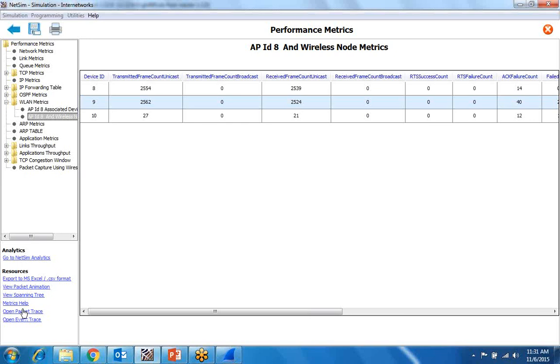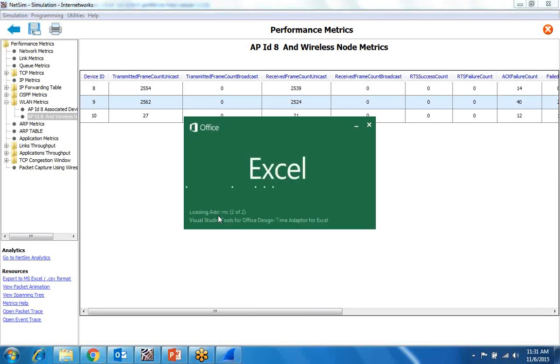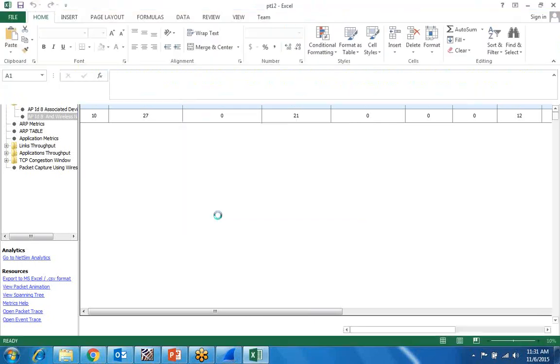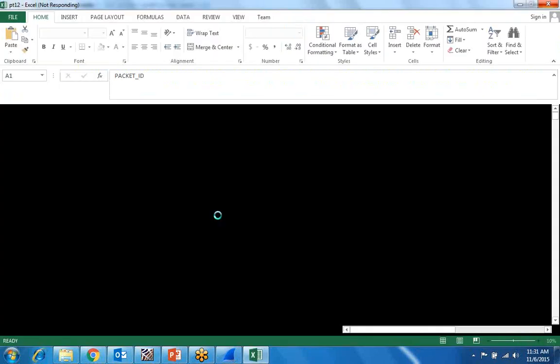So we have created some packet trace and event trace also. So when you open it, it will open in an Excel file.